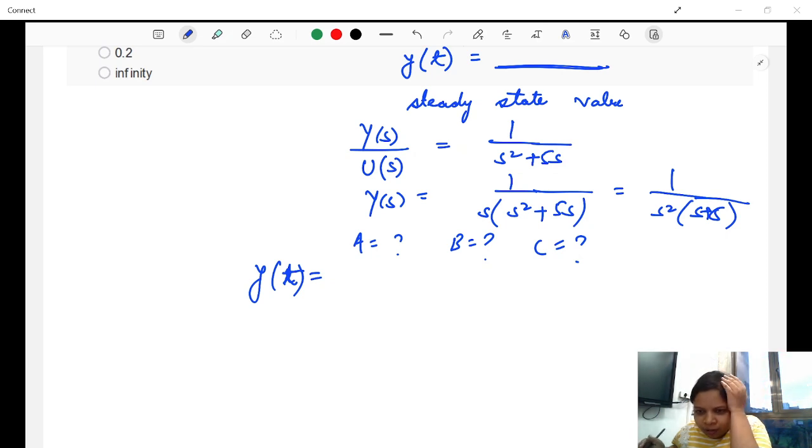Everyone used steady state method of Laplace transform, final limit theorem. Did someone use this method? Okay. So in case you haven't used, what you would get here is,